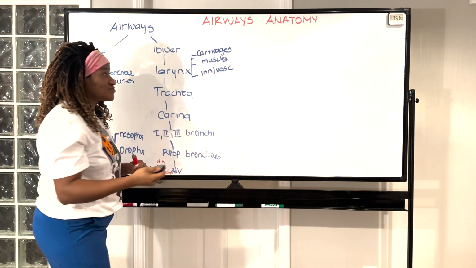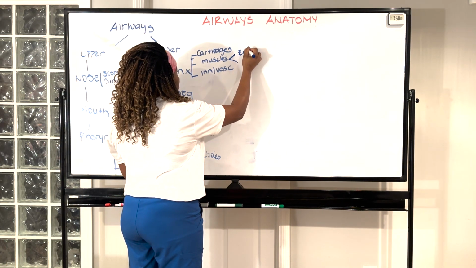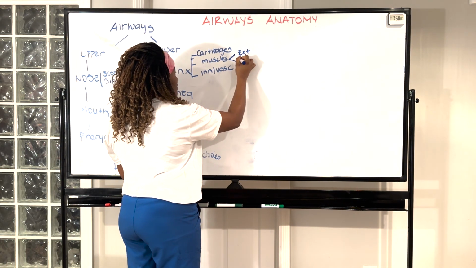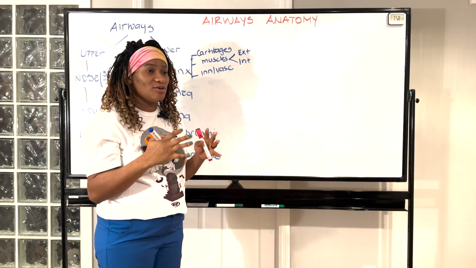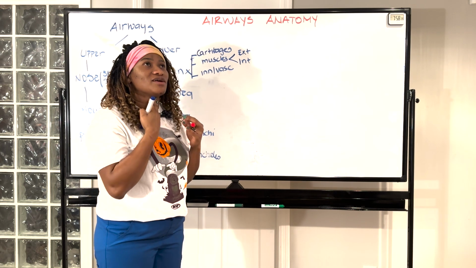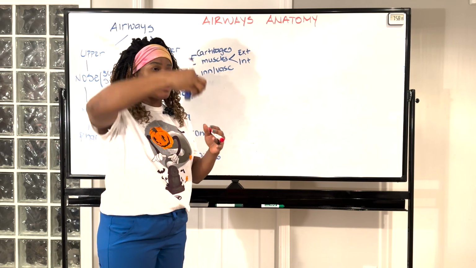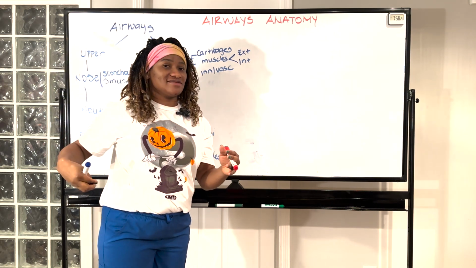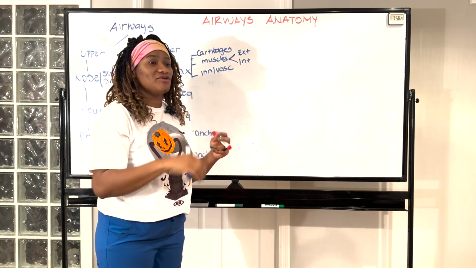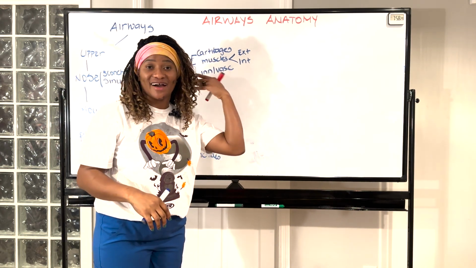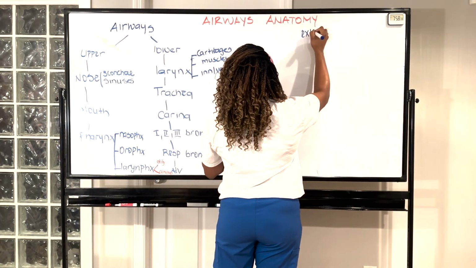So we have the extrinsic and the intrinsic muscle. The extrinsic muscles are the ones that help with the swallow. Like when you swallow, they go up and forward to help that spit go inside your esophagus. Your esophagus is behind, so up and forward, they get that spit behind to go inside the esophagus. So, extrinsic